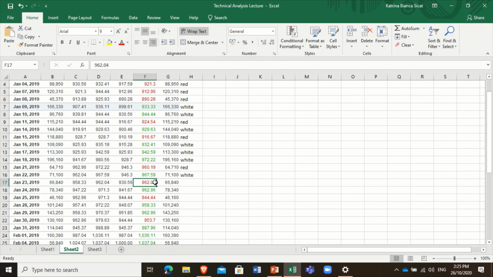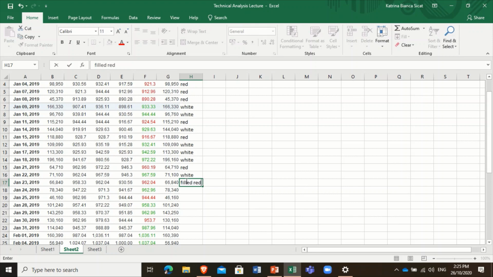962.04 is lower. Okay. This is lower than 967.59, right? So you know this qualifies as a red candlestick. But as you can see, the opening price, it's higher than the opening price. Ulitin natin. Yes, it's lower than the previous closing price, but it's higher than the opening price. So this is going to be a filled red